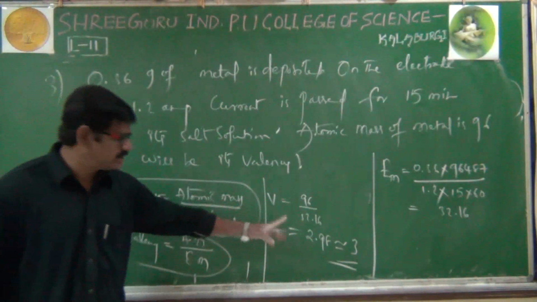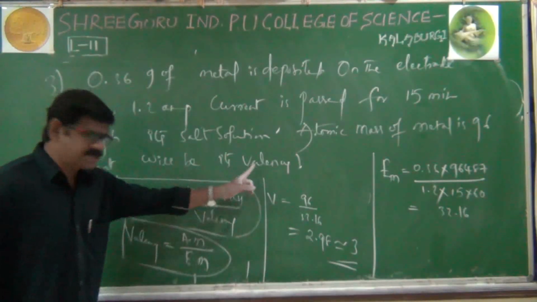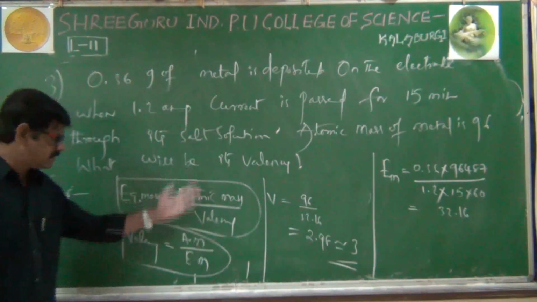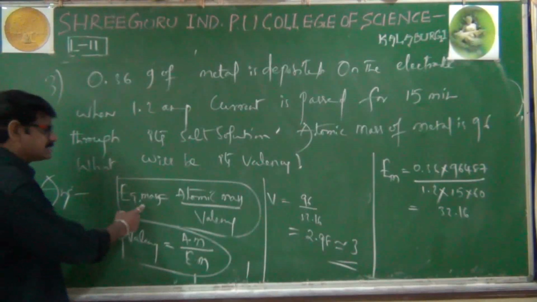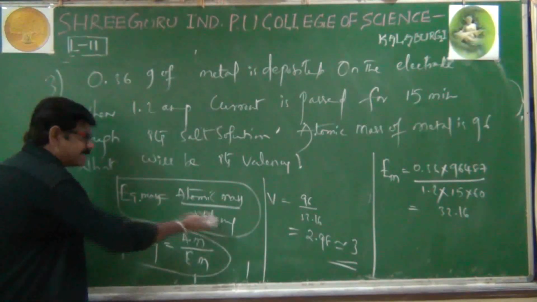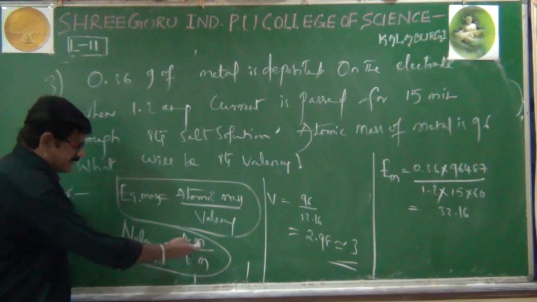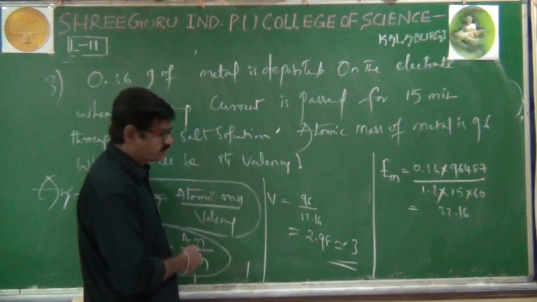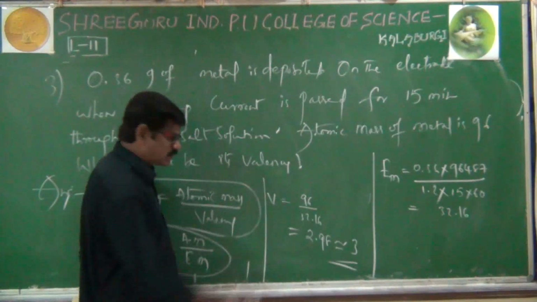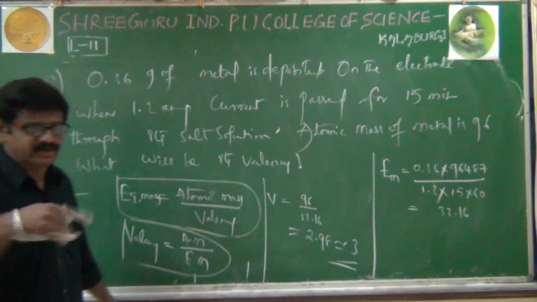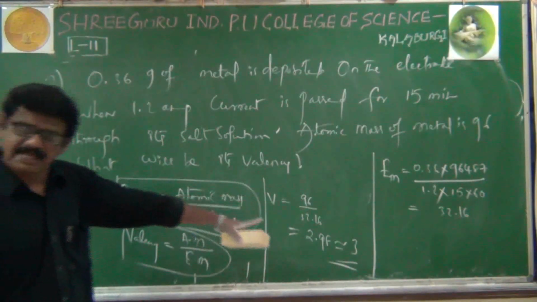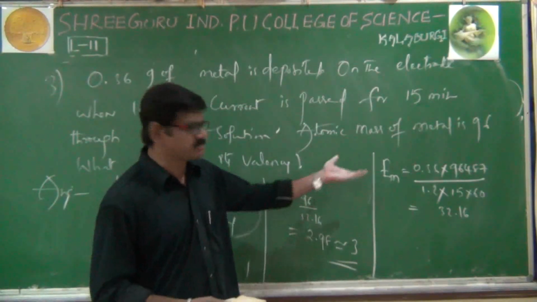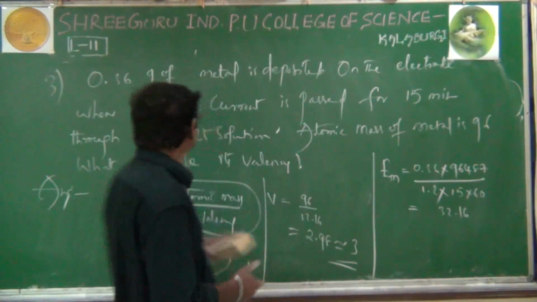Valency we have calculated like this. That's why when valency is asked, first we find the equivalent mass. After getting the equivalent mass, we calculate valency like this, because equivalent mass is equal to atomic mass by valency, and we interchange the terms. Therefore valency is atomic mass divided by equivalent mass. Atomic mass is already given in the question. Equivalent mass calculated is 2.98, and we round it to 3. The metal valency is 3, like aluminum type. Aluminum sulfate, aluminum type, or chromium sulfate, chromium type, it is. That's all.